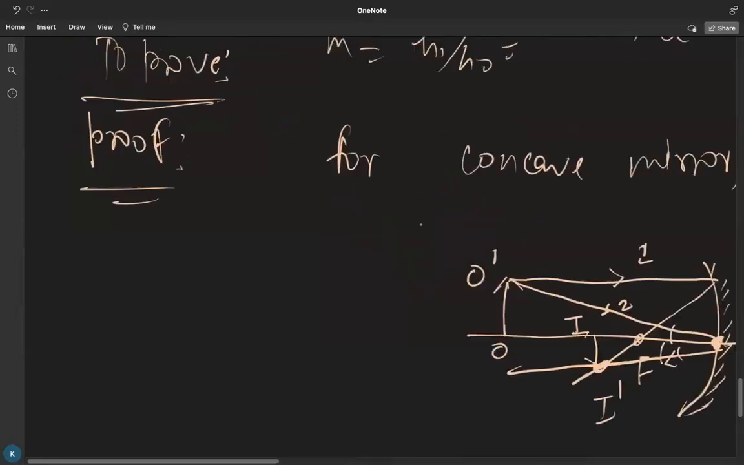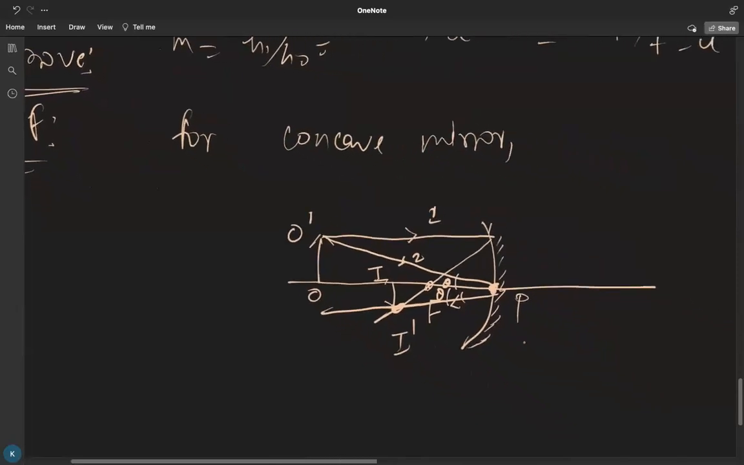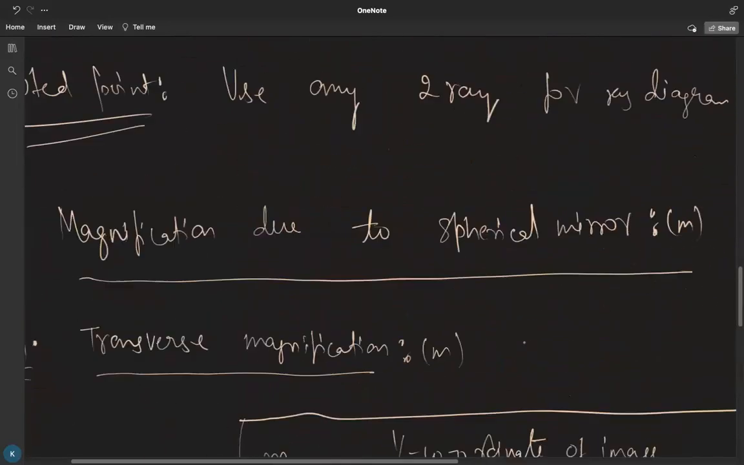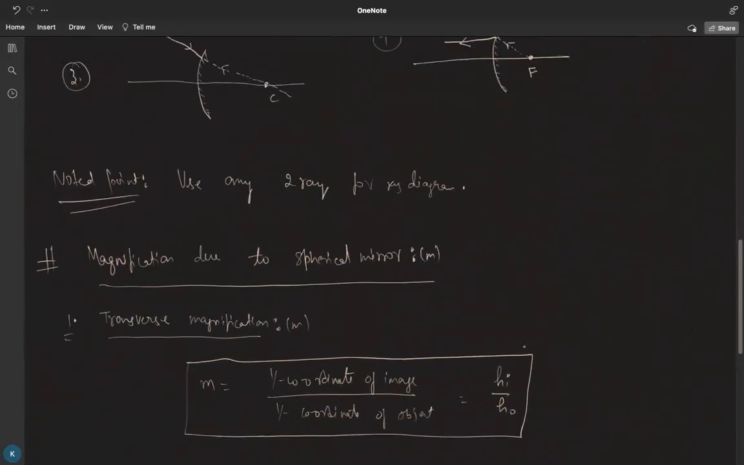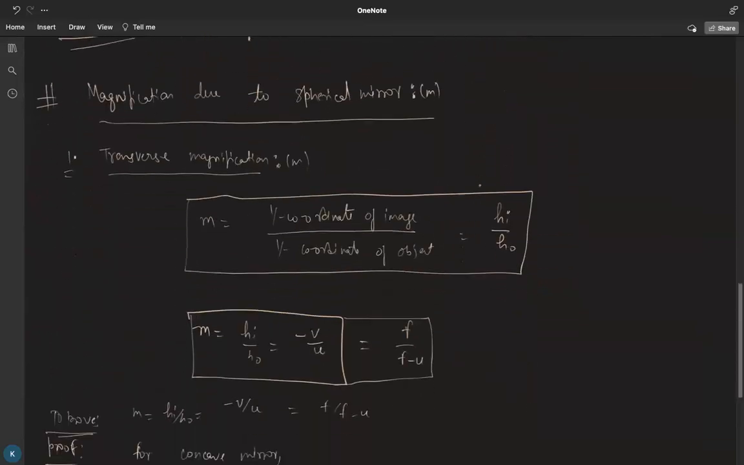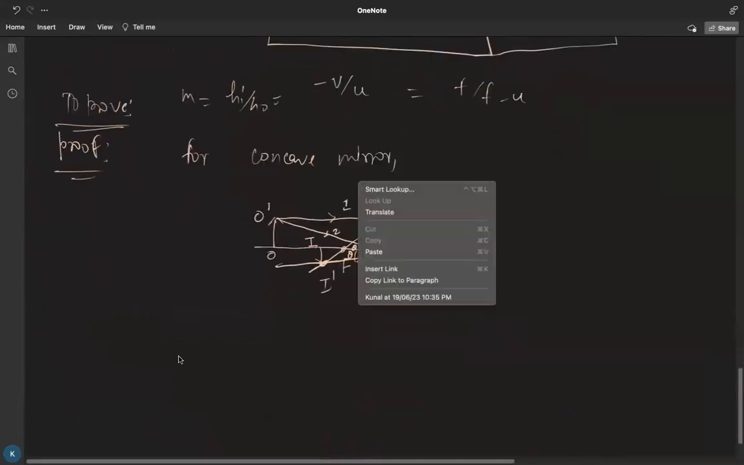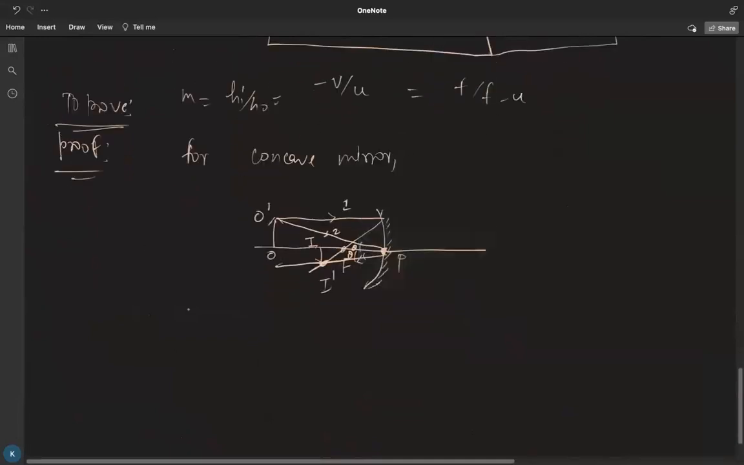If I zoom in, it will be clear to you. This angle is theta, and this angle is also theta, right? I'm using this as theta. Now from here, we can say tan theta is equal to, in the above triangle,